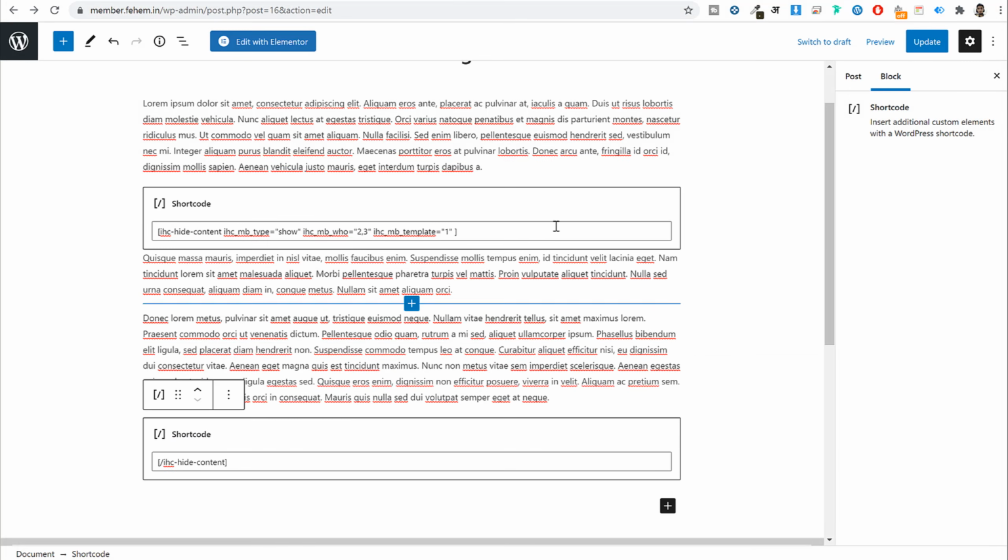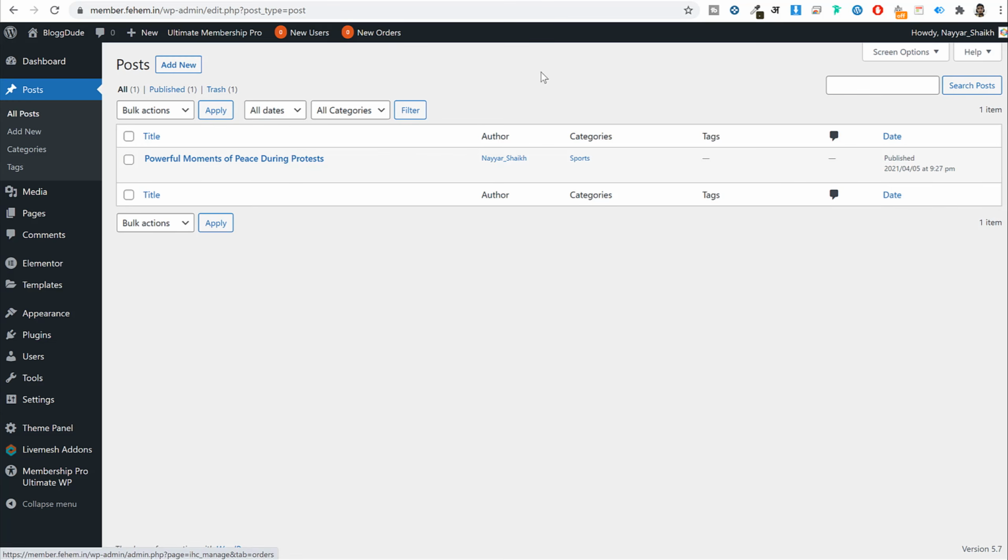Now I'll close this. Again, come back to the dashboard. Now similarly, you can create a new post, and whenever you want to restrict that post, I have already shown you, you can restrict it like this, following these steps that I've shown you. Right, so now let's start creating and designing our homepage.